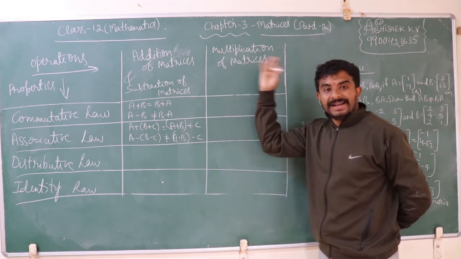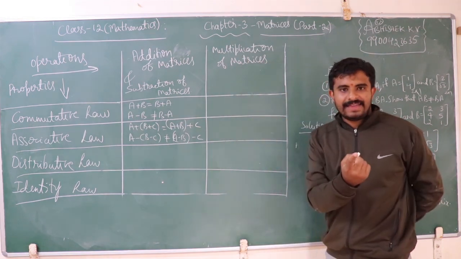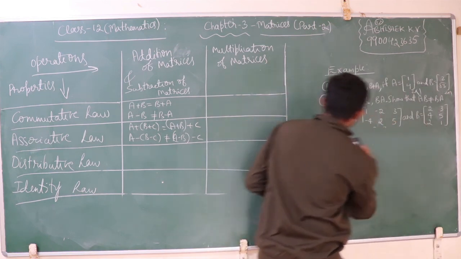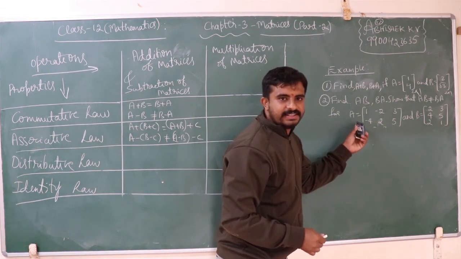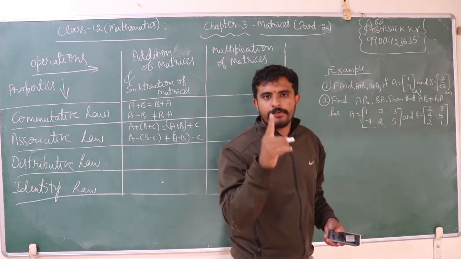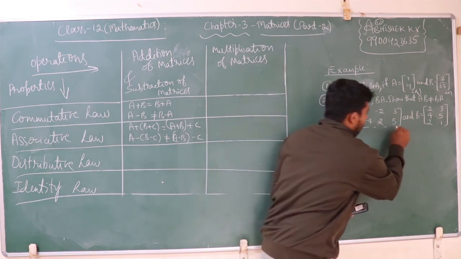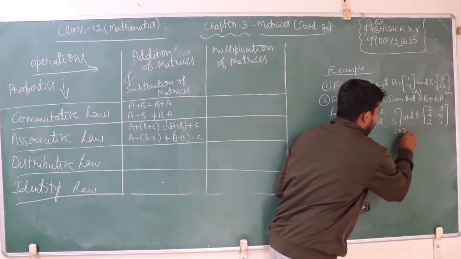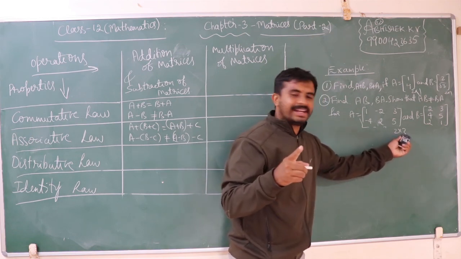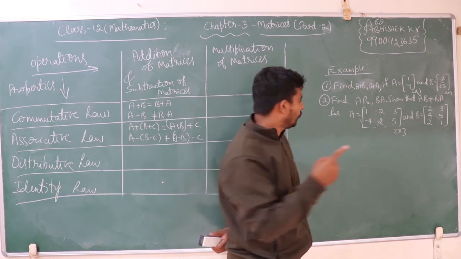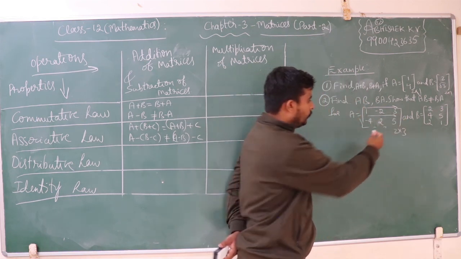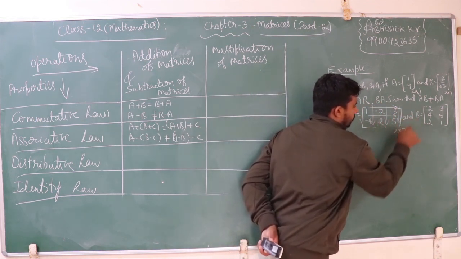What about multiplication of matrices? I already gave an example, right? So let us consider another example. If I consider this matrix A, what is the order? The order of a matrix is written as the first number being rows and the second being columns. The suffix should contain the first number as the number of rows and the second number as the number of columns. Yesterday I told you, right? This one is a row, this one is a row. How many rows? 2 rows. This one is a column, column, column. How many columns? 3 columns.